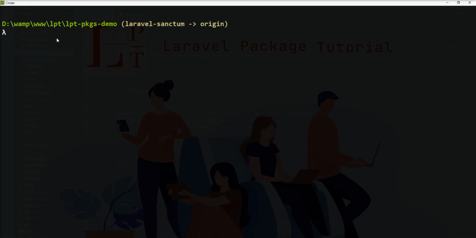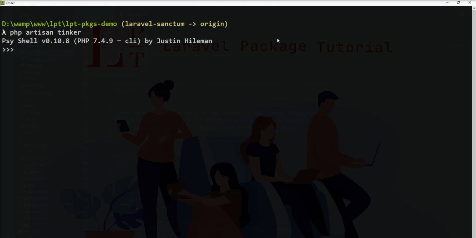Let me show you an example. You just need to fire the artisan tinker command to do that. So let's fire artisan tinker and this shell is started. Now you can interact with your application with this shell.